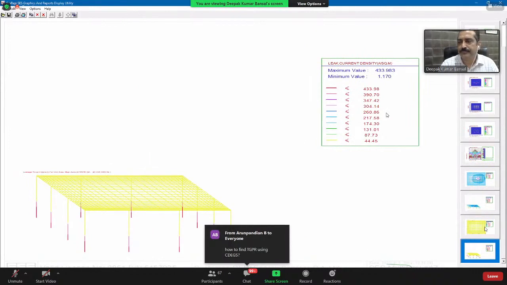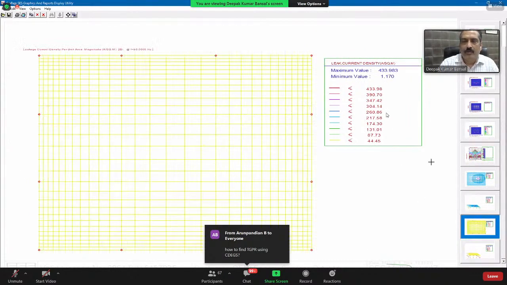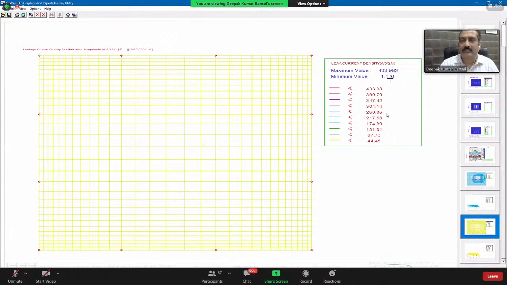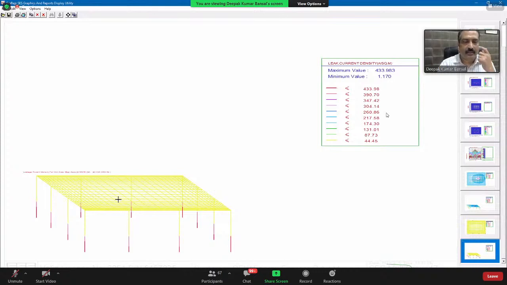First I will show you, then explain what this is. Okay. Now you see, this is the leakage current density in ampere per square meter. The maximum value here is 433 amps per square meter, and the minimum value is 1.17 amperes per square meter. So why is it less? It is less in horizontal conductors and very high at the bottom of the ground rods. It is because